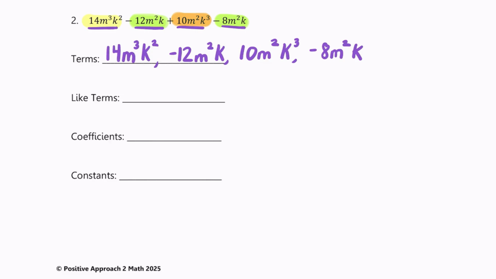So they both have to have the same letter and the same exponent. So the only like terms we have here are where the m's are to the second power and the k's are to the first power. Both variables have to have matching exponents. So even though the m's were alike on that 10m squared, that k to the third makes it different. Okay,